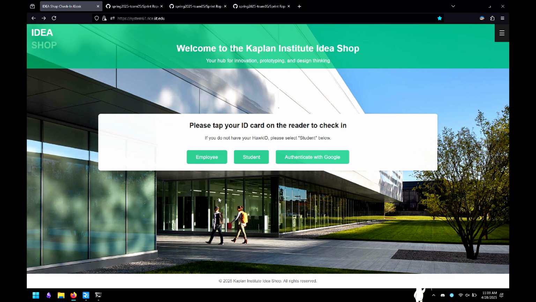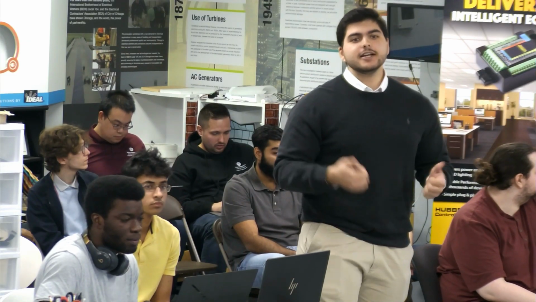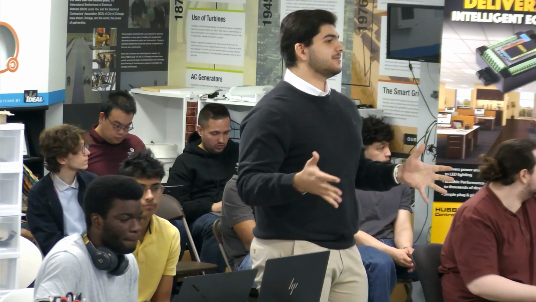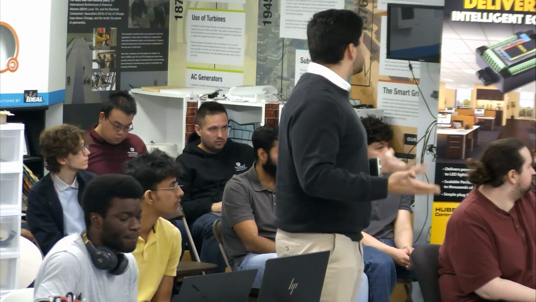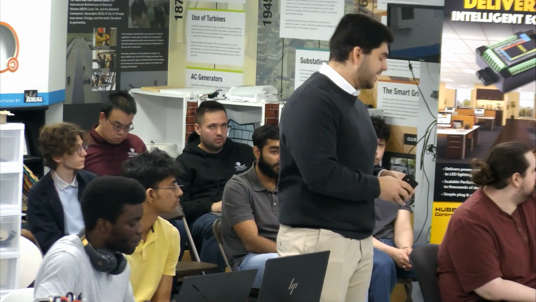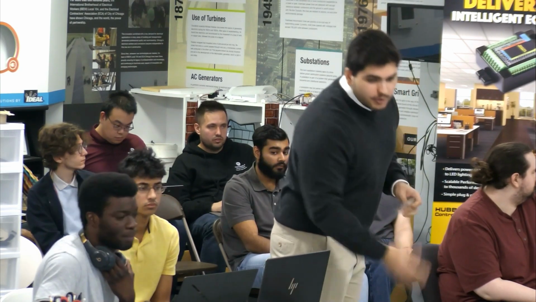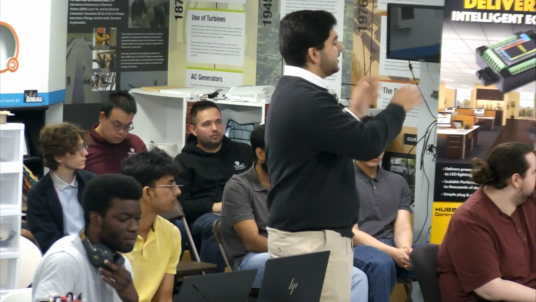We wanted to develop a solution that will help us keep track of who's coming in, keep track of who's safety trained for the specific tools that we have in there. So this is where this whole project comes in. This is the Idea Shop Kaplan portal. So we are using our IIT ID cards to basically authenticate students into the Idea Shop. So with that being said, that is why we have both a web portal, what you're looking at right now,